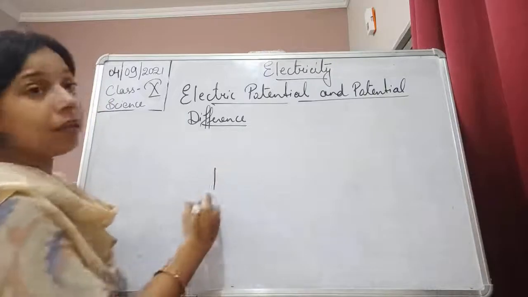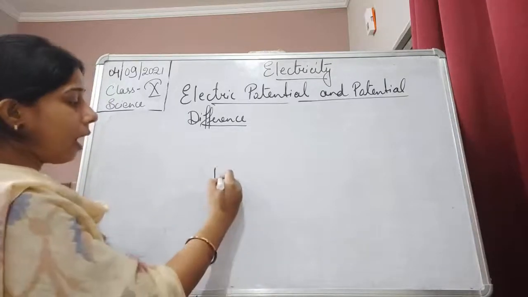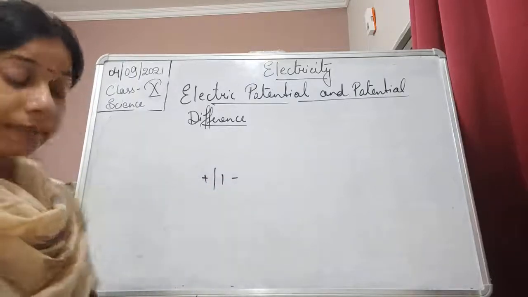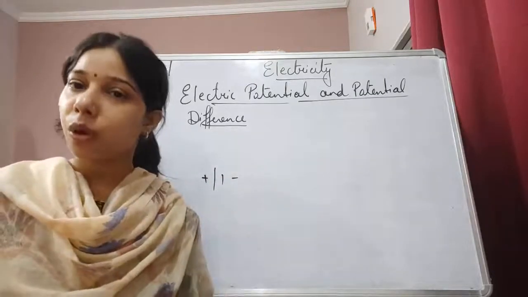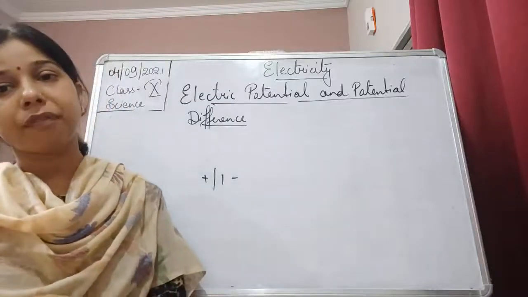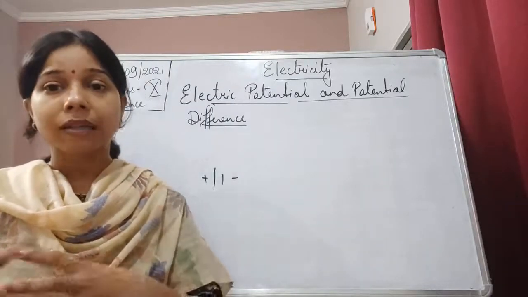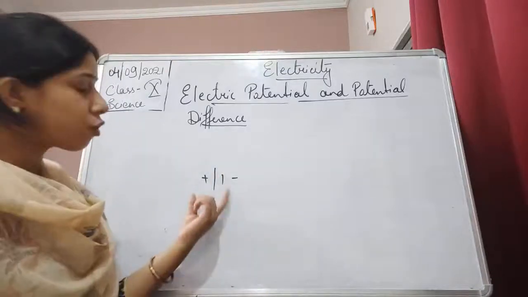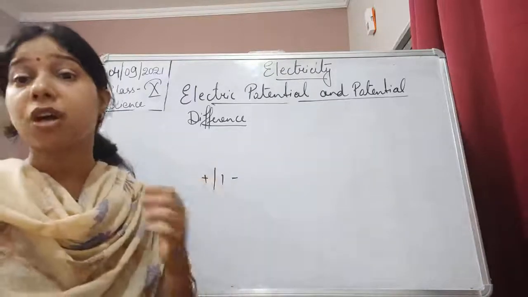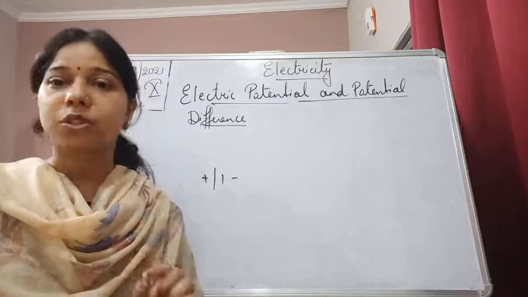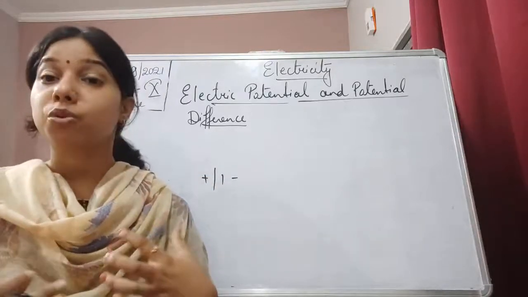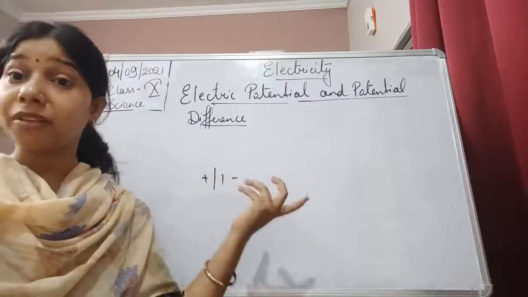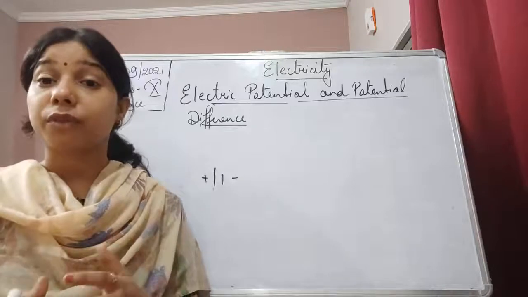So terminals are produced in the cell, one with the positive charge and the other with the negative charge. It means a few atoms have gained electrons and a few have lost electrons, and this process of losing or gaining electrons, or formation of positive and negative charge, occurs due to the chemicals present in the cell. They react with each other, and thus a difference is formed here. Difference of what? Difference of ions, difference of charges.